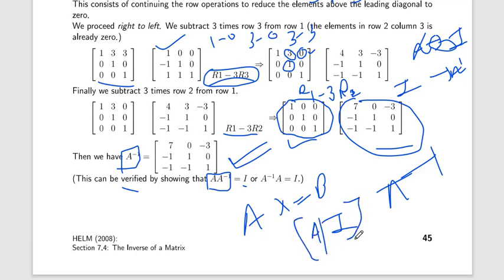So this is not much different from Gauss elimination and Gauss-Jordan. The row operations are the same, but we transform the identity matrix into A inverse. We apply the same operations to the identity matrix, so we will get its inverse. Okay,